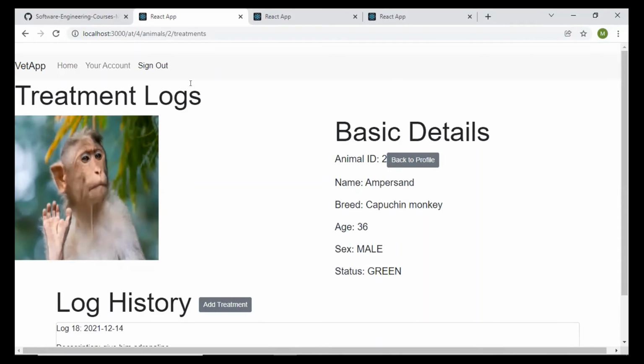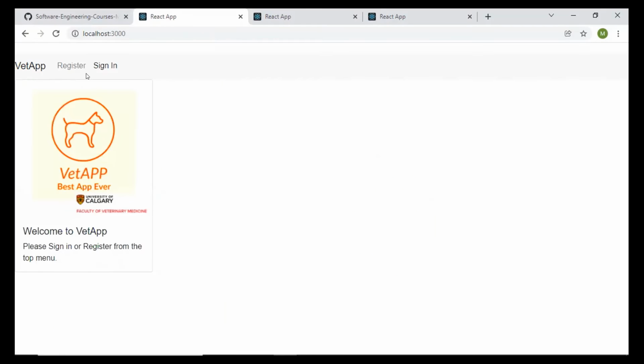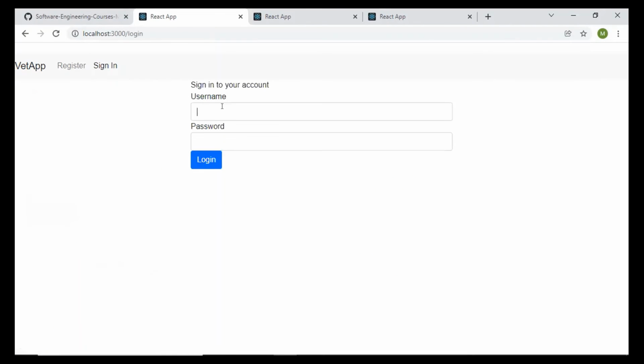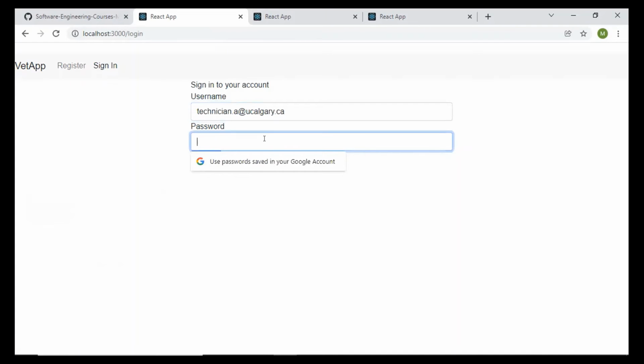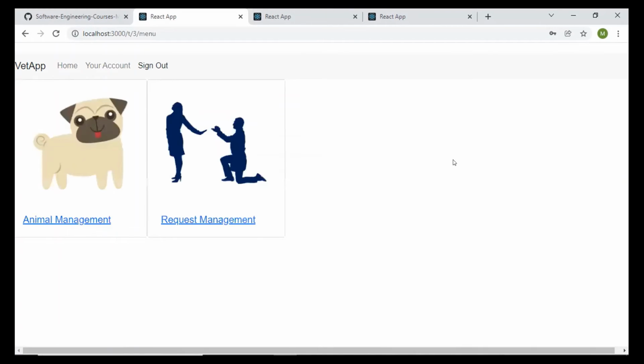So now that basically sums up the animal care attendant. Now let's move on to the animal health technician. Let us log in with a technician account. Now, as you can see here, the animal technician basically has the same